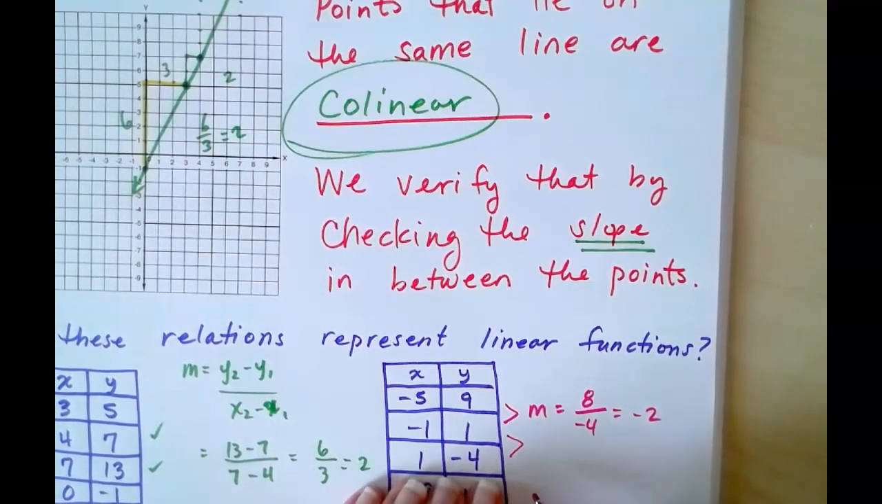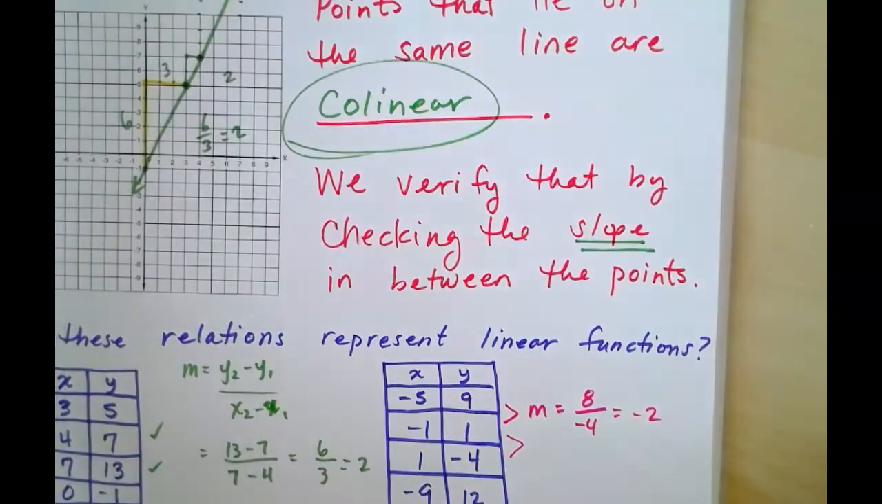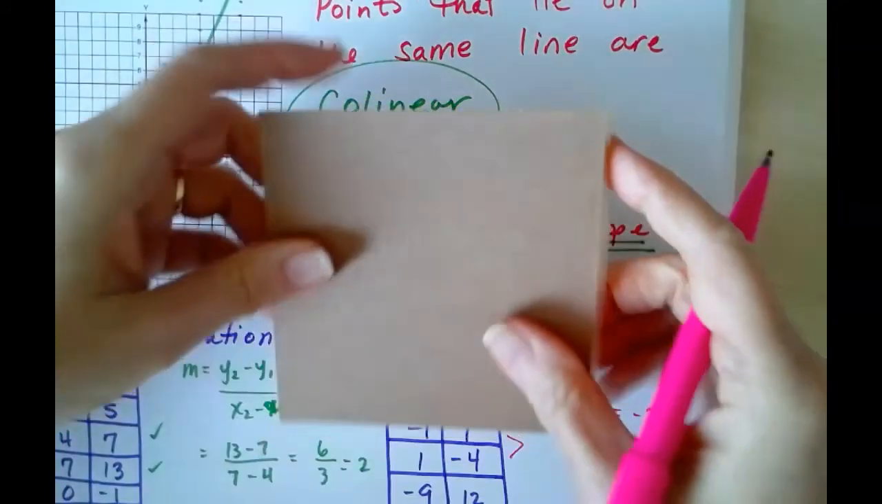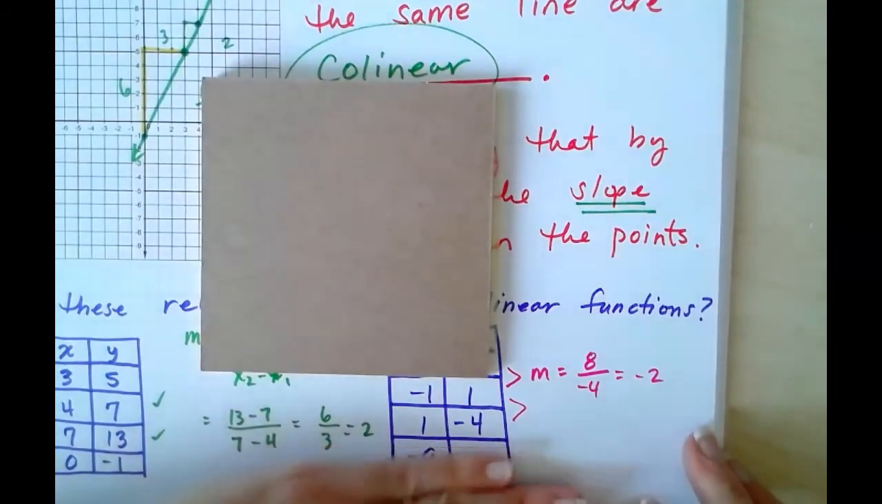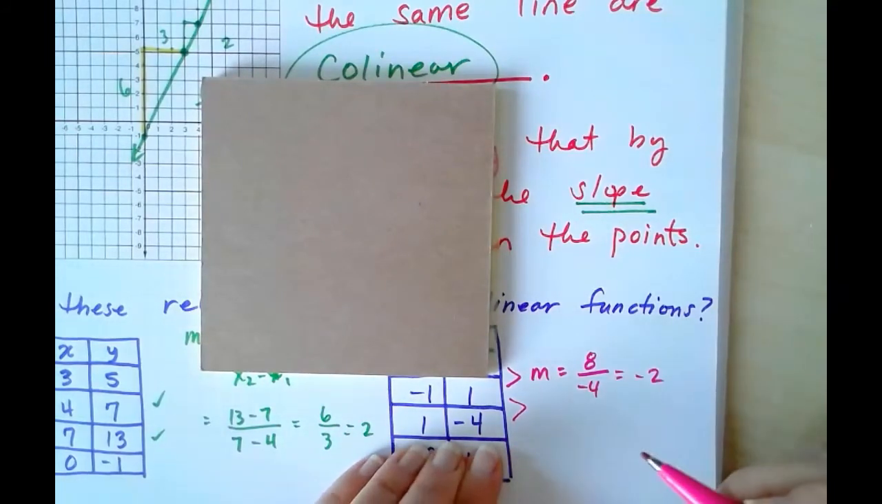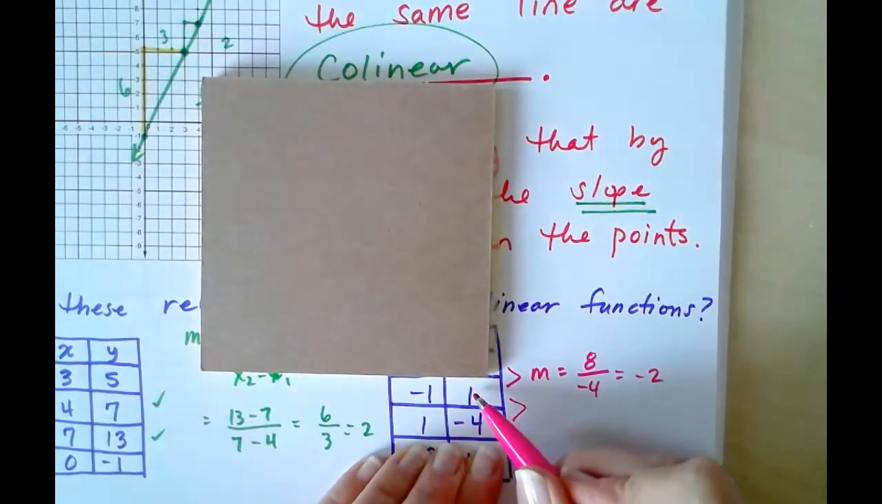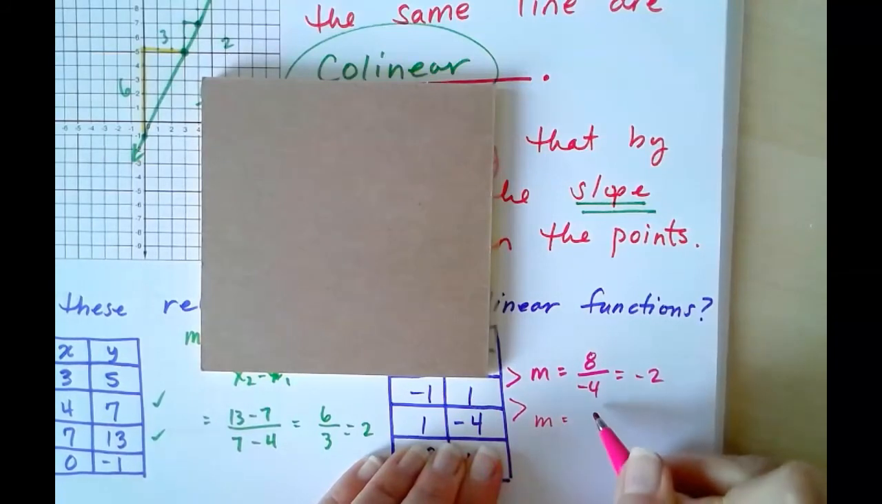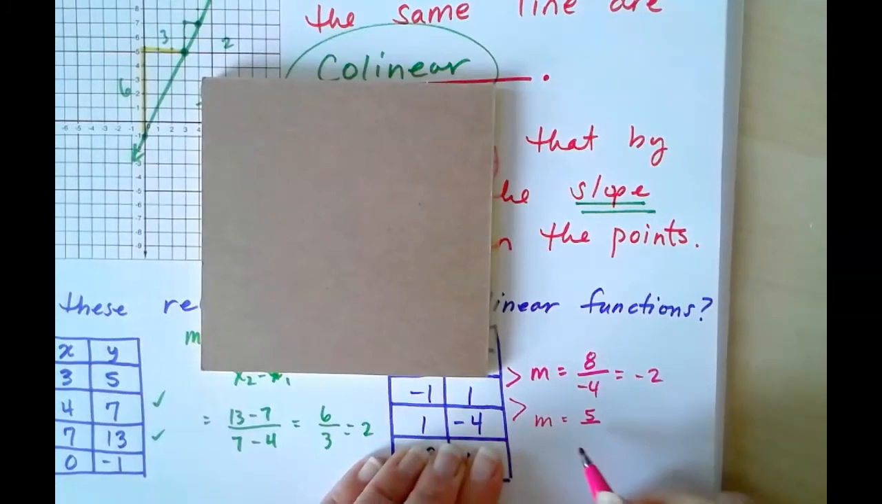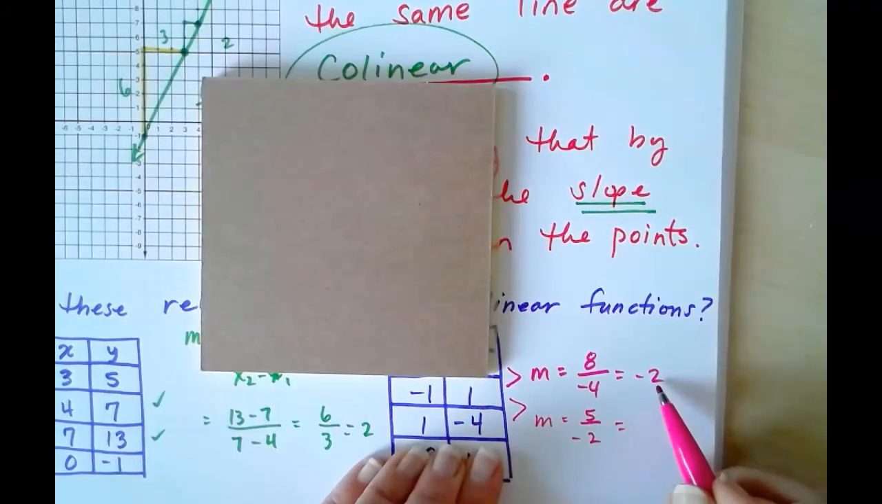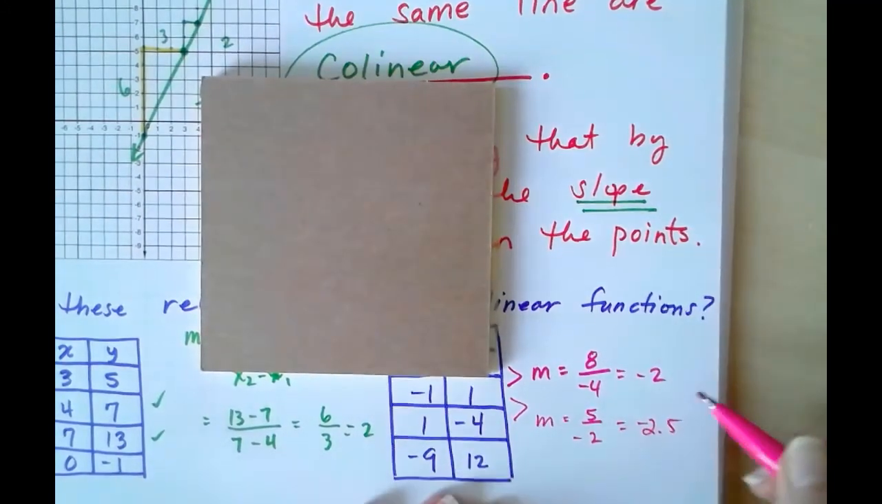Let's check the slope in between these 2 pairs of points. So I will cover up the first point and cover up the last point, and we're going to focus just on these 2 pairs of points. 1 minus negative 4 is 5, and negative 1 minus 1 is negative 2. Is 5 over negative 2 equal to negative 2? No, it's actually equal to negative 2.5. Do we need to go any further? No, because we have found an